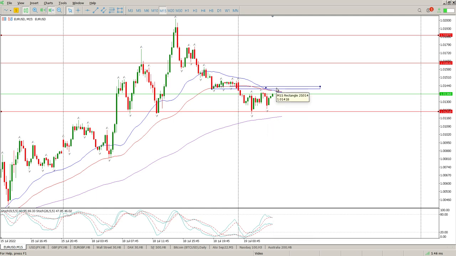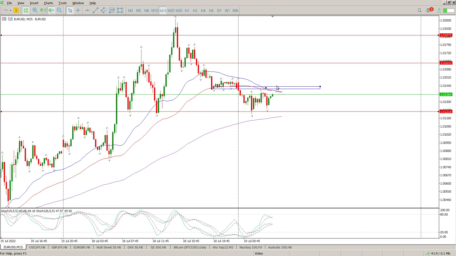So what we're looking for is a rejection of 101418. That would give you an opportunity to be short, with a nice tight stop just above these highs here. Alternatively, be a little bit conservative and wait for the break of this area here at 101218 for a move to the downside. If we do get above the structure here,